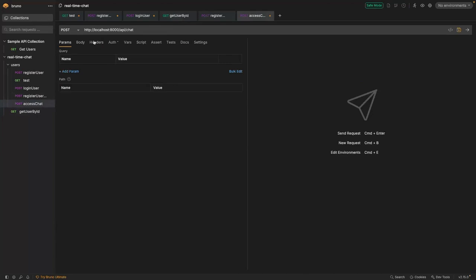So we can go here. I can pass in the header. Let's copy. Okay. And in the body, what we were expecting here. So we can pass the JSON,